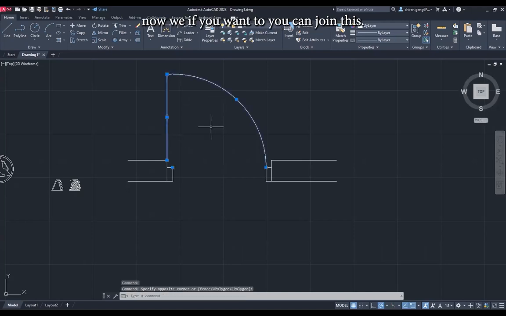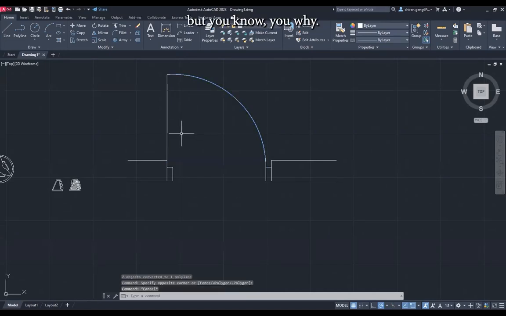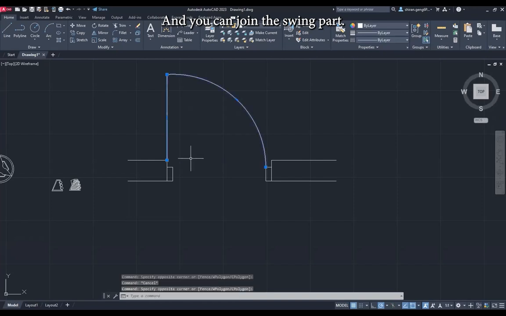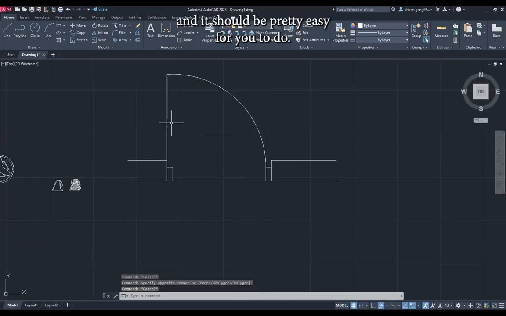Now, if you want to, you can join this by JOIN. You can join the swing part. And it should be pretty easy for you to do. Okay, now,